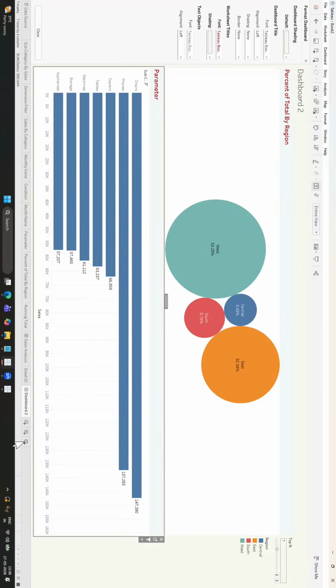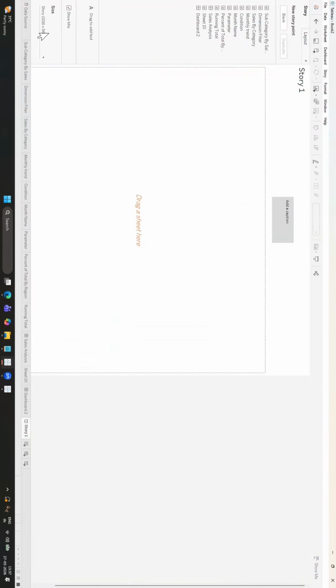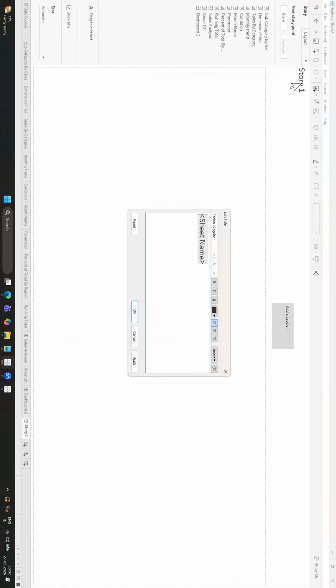And the next icon that comes right after dashboard is story. From the sheet, we will take it to the dashboard. From the dashboard, we'll take it to the story part. This is the story. So here also, first and foremost, we will make it to the automatic size. All right, we'll just have to drag and drop the dashboard over here. Okay, so Story 1. So if you want to give Sample Superstore Analysis,